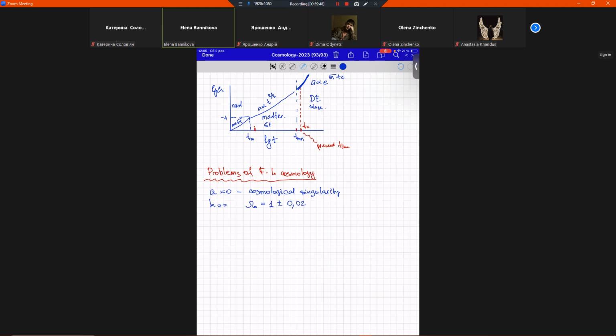And as you remember, if omega 0, the total energy density, equals unity, it means that the space is flat. But of course, there is a question: why is this like this? We will see, if we have time now, we can start, that to provide this value equal to unity for now, it should have been incredibly precise in the past. This is the so-called